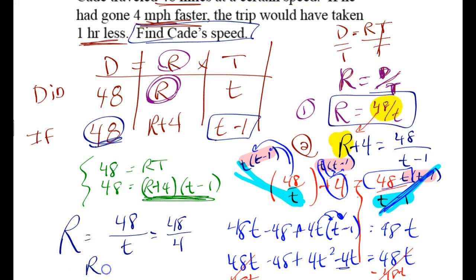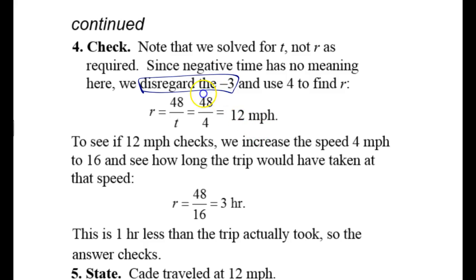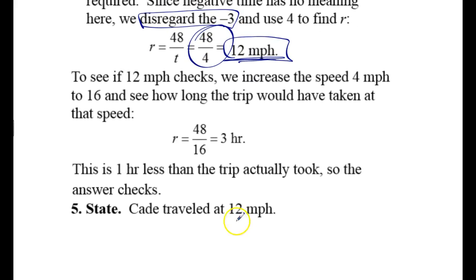And we know that the time now is 4. And so his rate is going to be 48 divided by 4. And that's how the author is, there it is, 48 divided by 4. That's how the author is going to get 12 miles per hour. So we need to make sure that we're actually answering the correct question. We can't just solve for a variable. So 12 miles per hour is Cade's